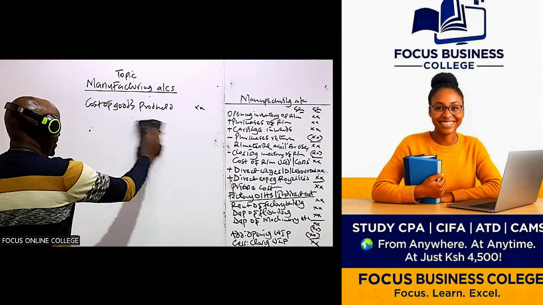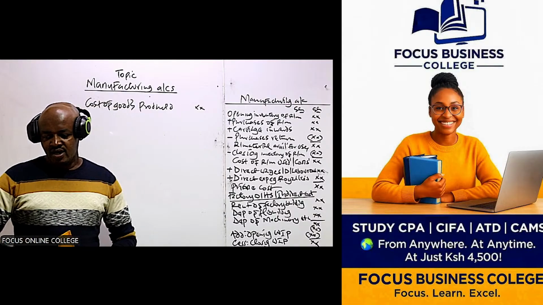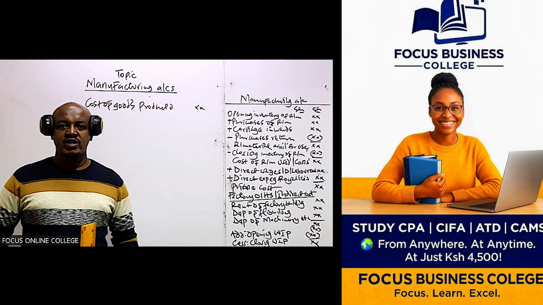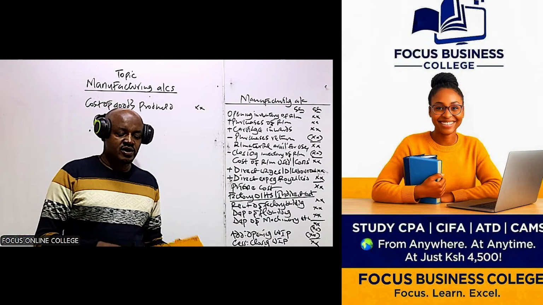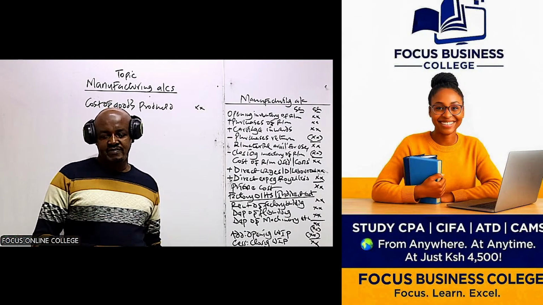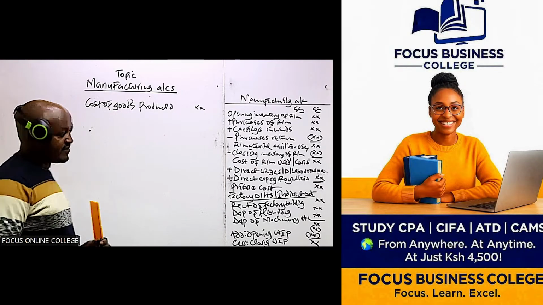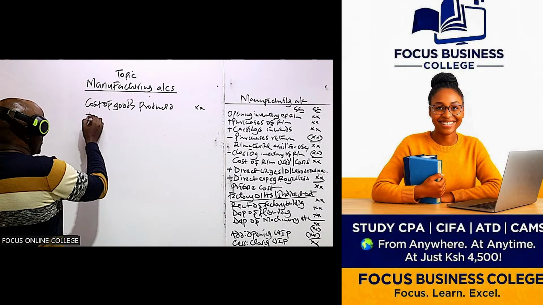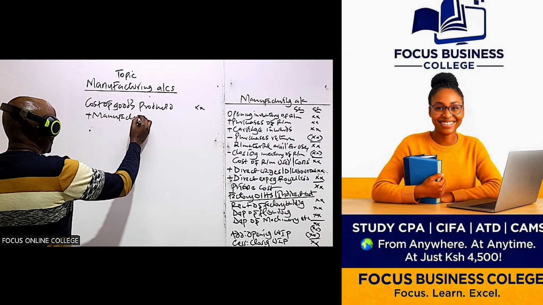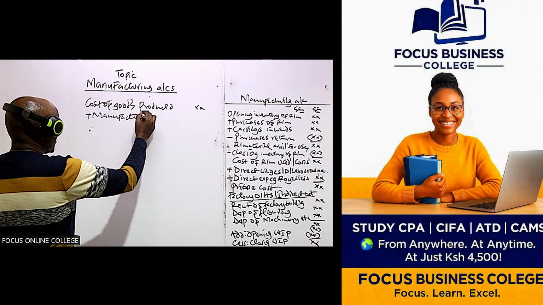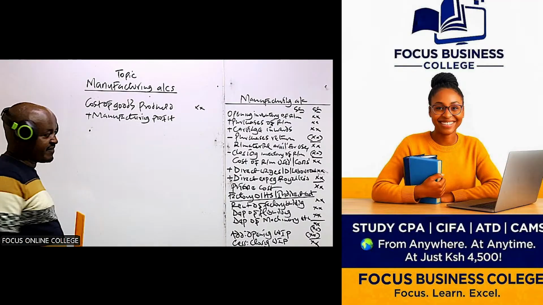But remember, I've said that most of the manufacturing companies may be having a policy that whenever the goods are transferred from the factory after they have been manufactured to the warehouse, they will be transferred with a profit element. So if a company has that policy, you'll always be given that information. And therefore, what you do, you compute something called the manufacturing profit. The profit which is to be recognized by the factory, we refer to that as the manufacturing profit.